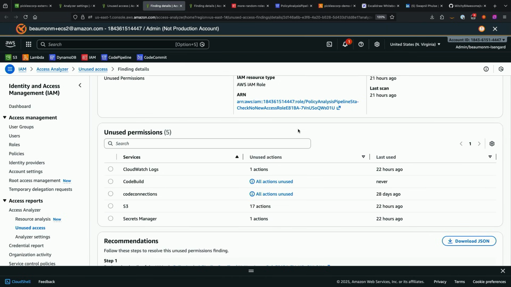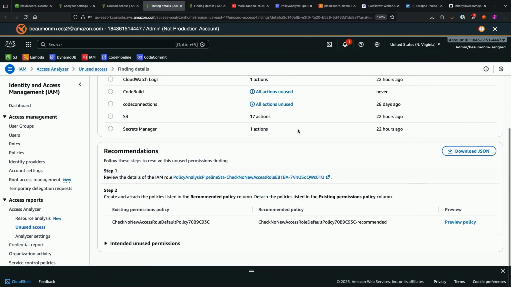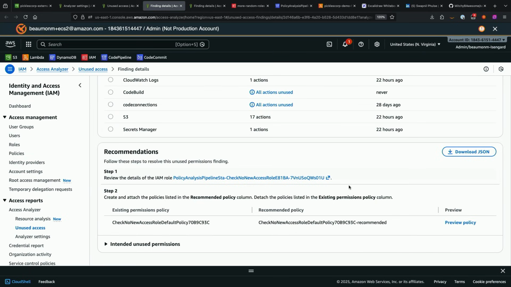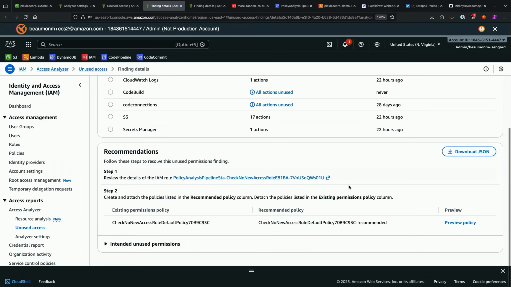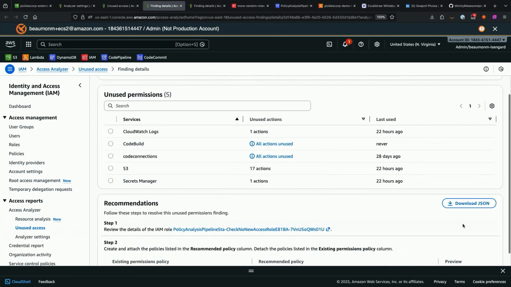So it has a series of permissions. It doesn't do any of the things that are listed there. So in addition to it telling me that there are a series of permissions that it isn't using and making some suggestion that I should probably refine those permissions, it also gives me a policy recommendation that I can look at and potentially apply to the role that we associate with this, or this particular role that I brought up